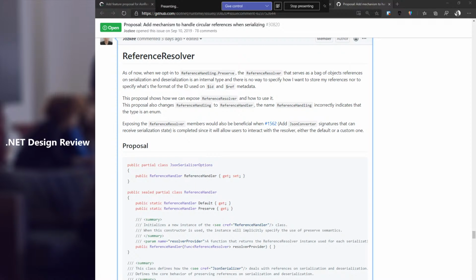A few reasons for this is that someone might want to define how they store their references. For example, someone wants to root the references, and they can achieve that by just creating the resolver out of the serialization state. They can just send it concurrently to the serializer. Another option will be to